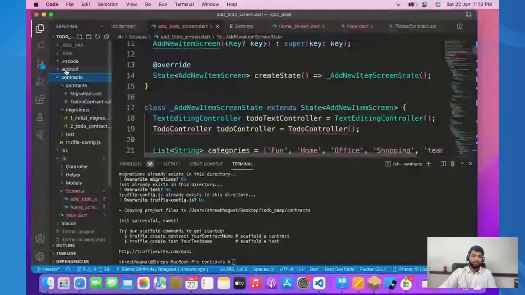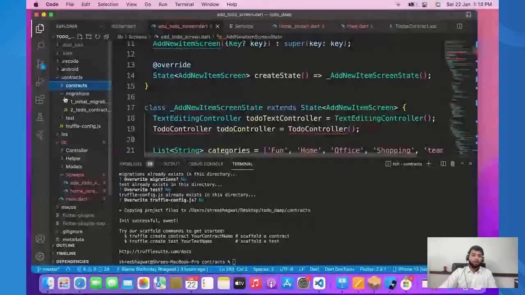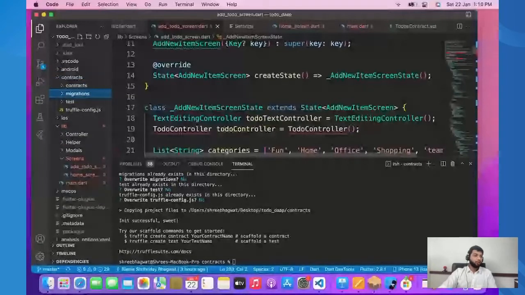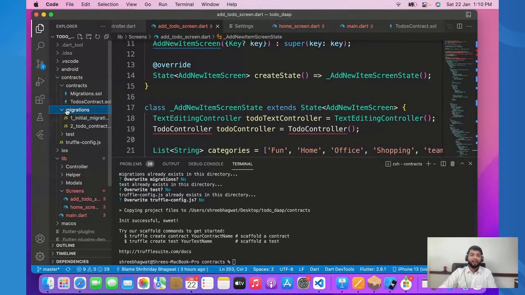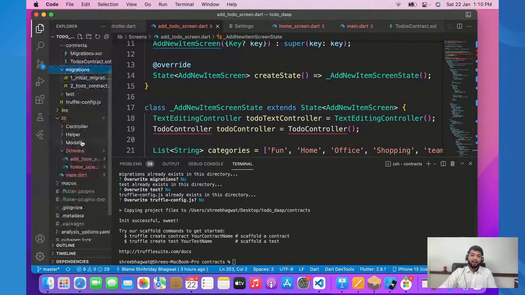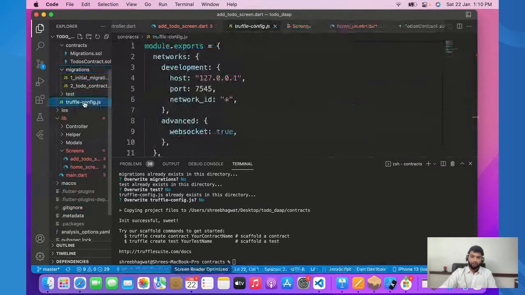So we have this contracts folder over here, and inside it we have extra folders. Let me get you through these extra folders. This contracts folder contains all the smart contracts. There is Migrations.sol, where .sol means Solidity, which is present. The to-do contract is not present, that we will be creating. Then we have the migrations folder, which deals with all the migration scripts that Truffle handles and communicates with Ganache. We also have a truffle-config.js, which is the Truffle configuration file.